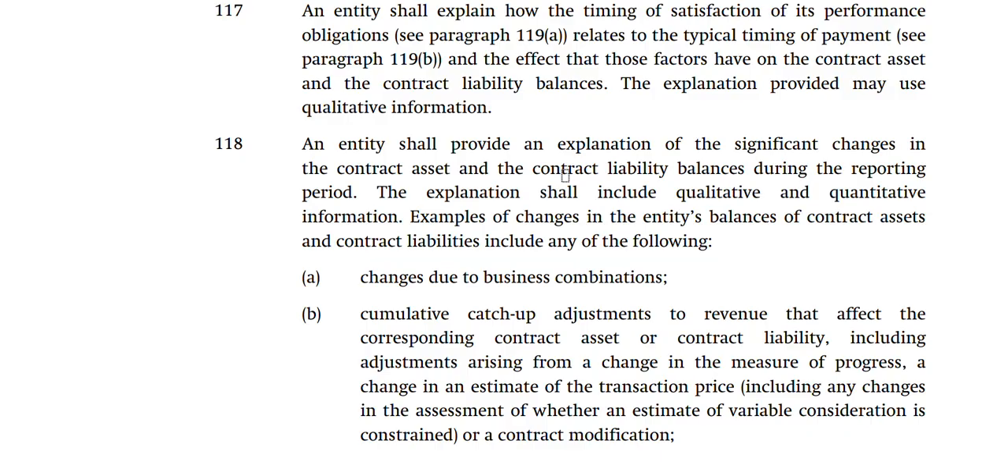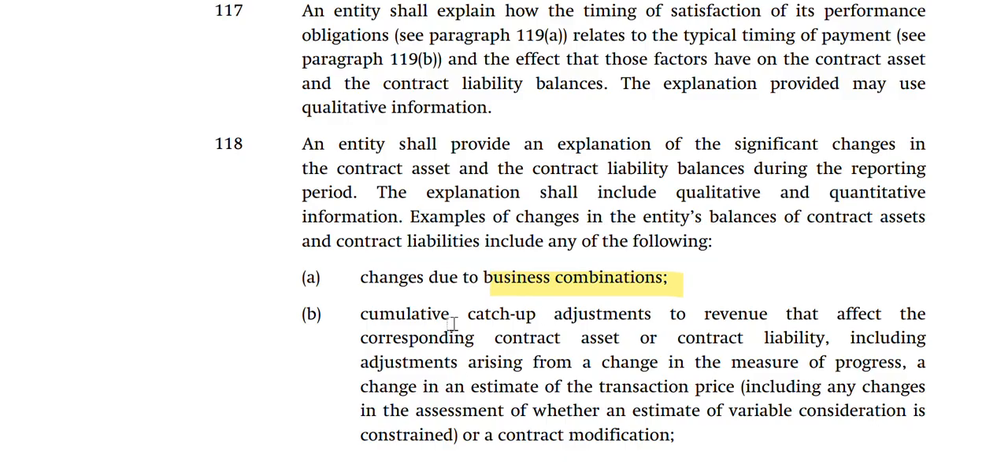An entity shall provide an explanation of the significant changes in the contract assets and the contract liability balances during the reporting period. The explanation shall include qualitative and quantitative information. Examples of changes in the entity's balances of contract assets and contract liability include any of the following: change due